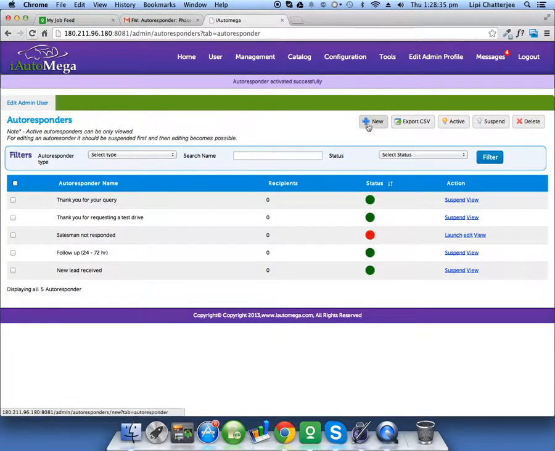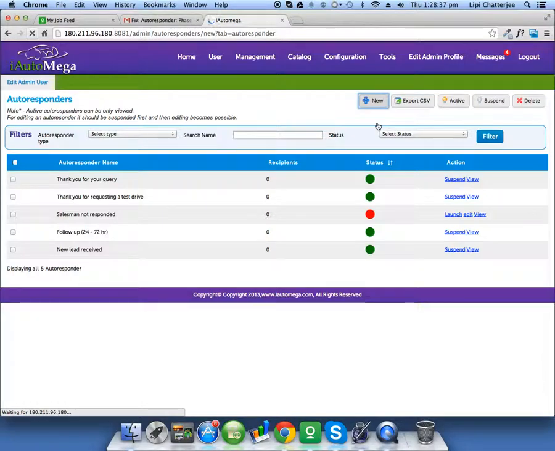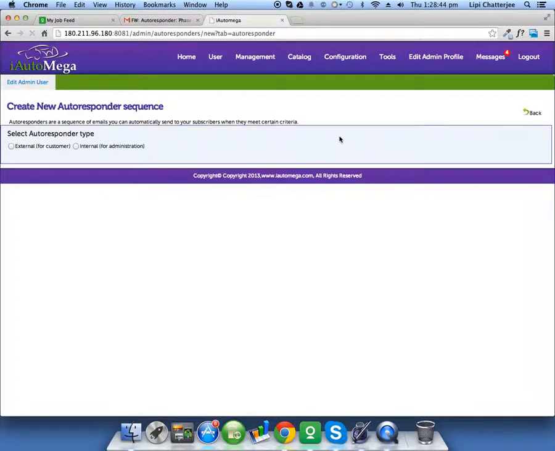So if I click on launch, it should take me to the active mode. Now clicking on new, it should take me to the screen where I can create an entirely new autoresponder. Suppose we are just creating a thank you note.